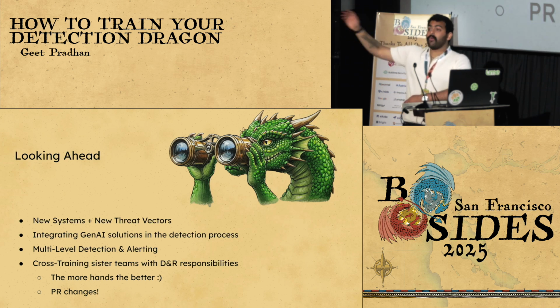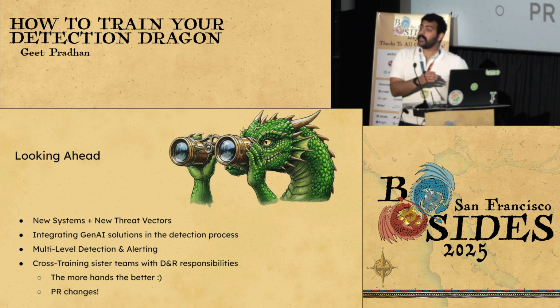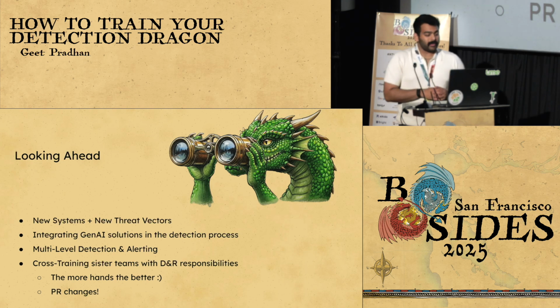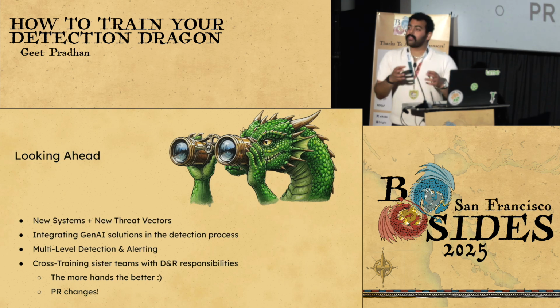I want someone in my infrastructure team to write a PR and change it themselves. Obviously, I will review it. That's the beauty of having PRs, right? You write code, I will review it. If it doesn't make sense, I'll go back to it. But I want it to be more decentralized because they know their systems better than I know their systems.